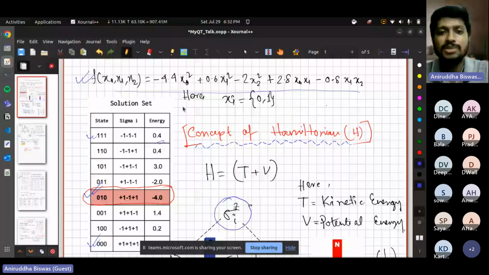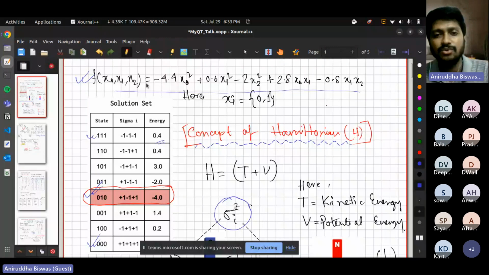The quantum computer won't be able to understand this mathematical expression, whatever the expression is. Even if you have only 3 terms in the expression, the quantum computer will not be able to understand it. So you have to convert the expression into a quantum native form, which is a Hamiltonian. Now, what is a Hamiltonian?